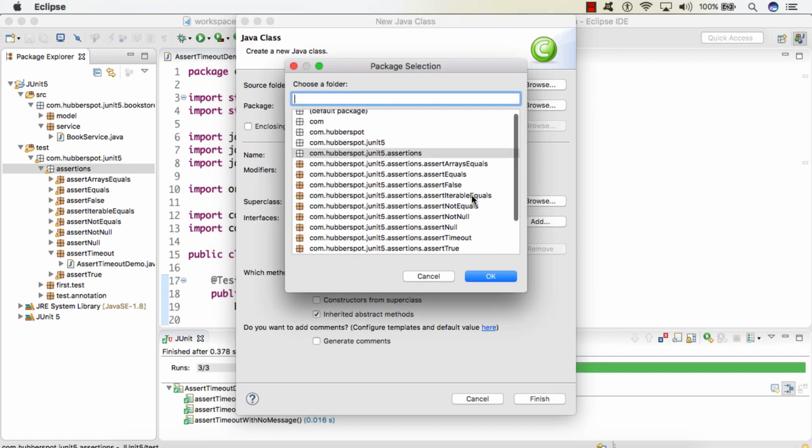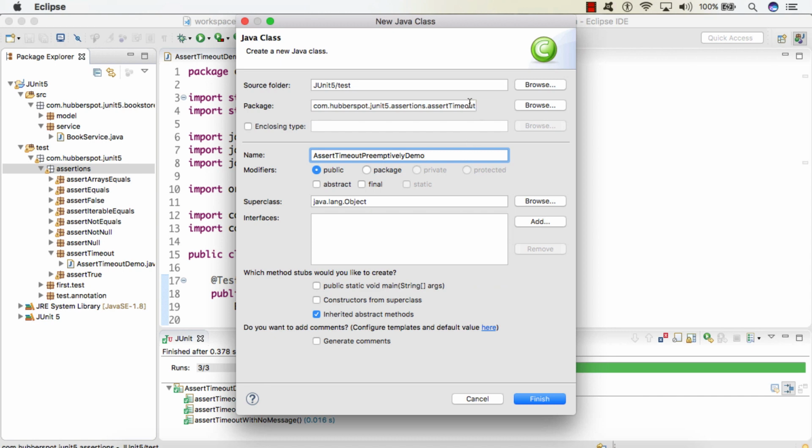I will keep it in a package assertTimeoutPreemptively. We'll click finish.